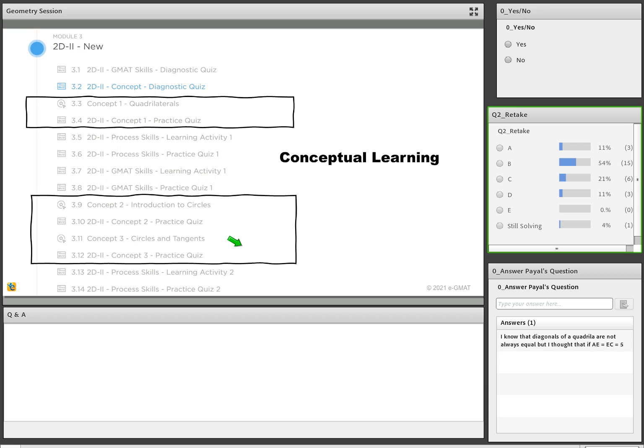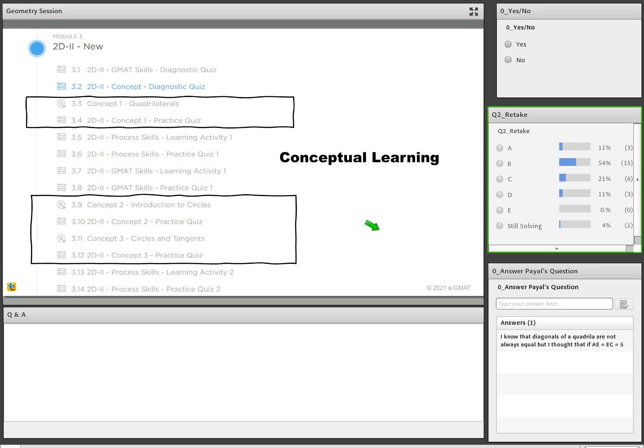Okay, now conceptual learning, I'm going to show you all of this in the context of the 2D2 module, which is the third module in the geometry course. And again, part of this module from here to here is available to you in the free trial as well. So what you'll see is that you first master your conceptual understanding. You first go through concept 1 pertaining to quadrilaterals, and then you go through concepts 1, 2 and 3